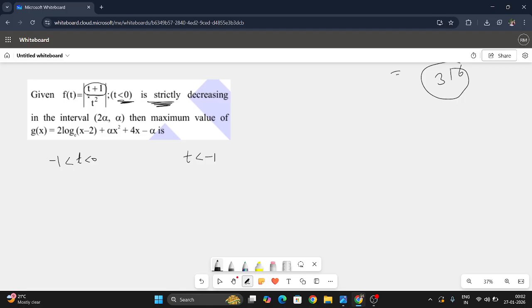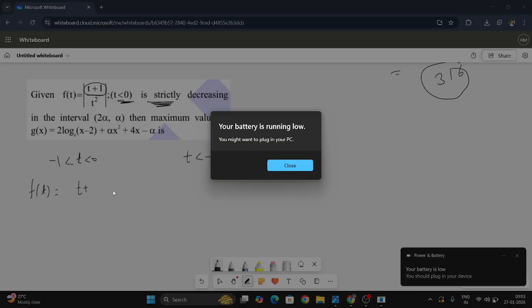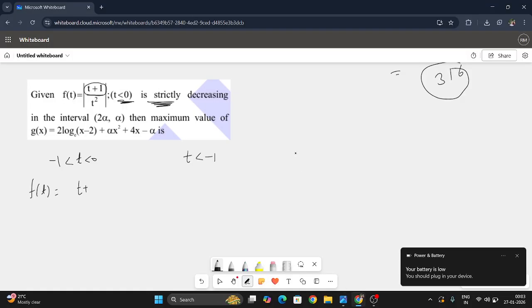In this case your this is going to be positive, so f(t) is equal to t plus 1 divided by t square. Okay, so now this is going to be t plus